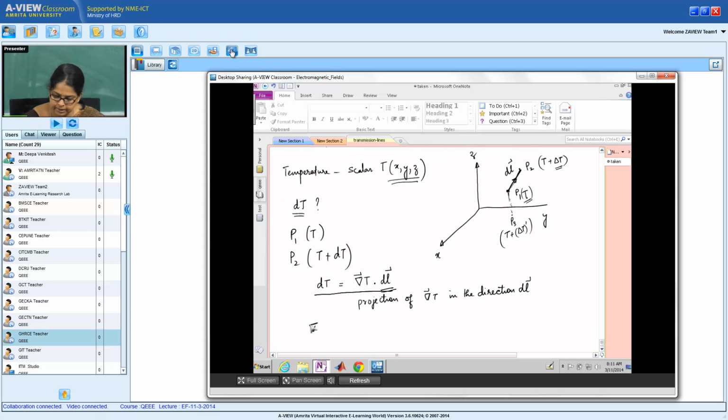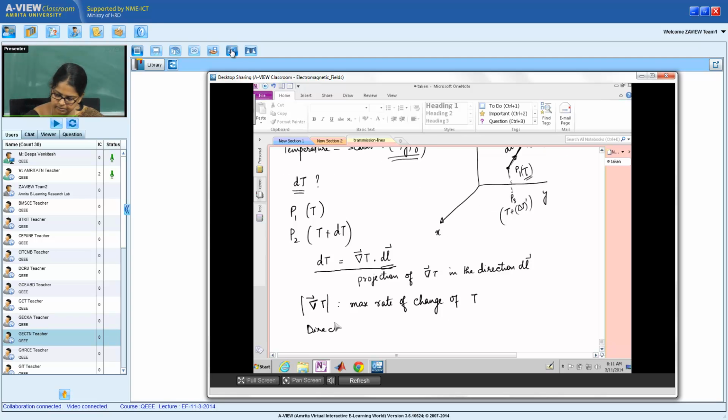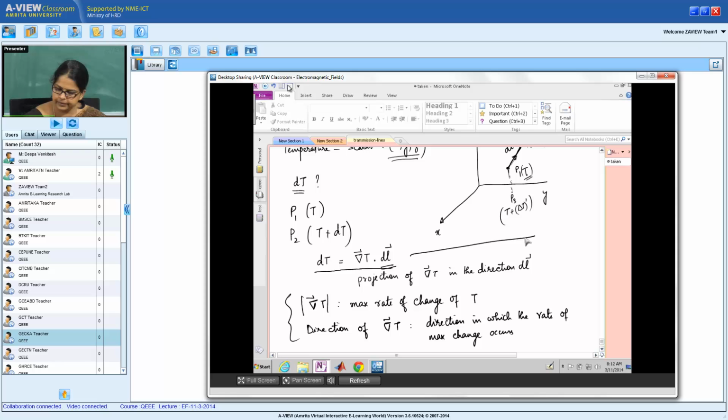So the magnitude of this gradient tells me the maximum rate of change of T, and the direction of del T is the direction in which the maximum rate of change occurs. Simply because I can write this as,